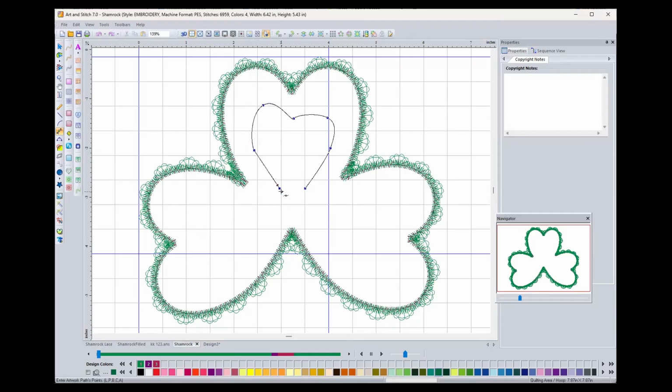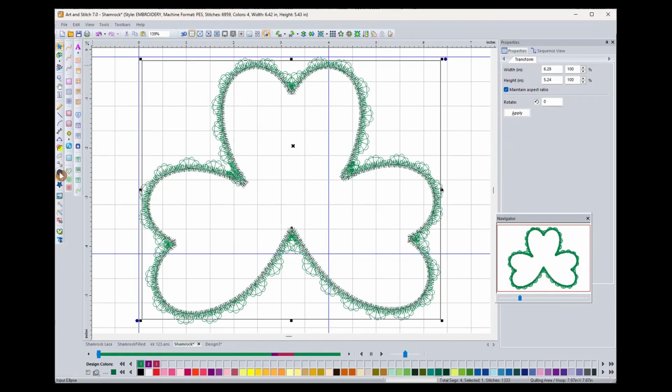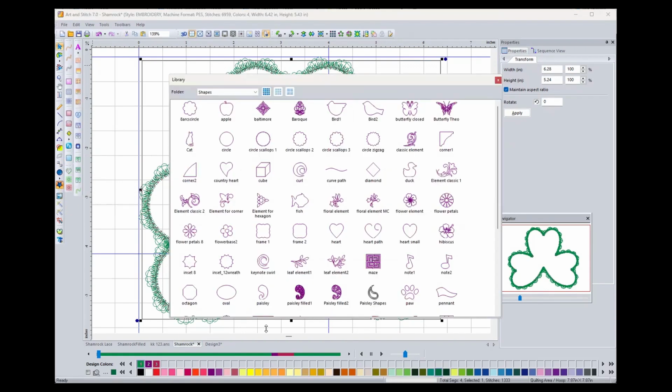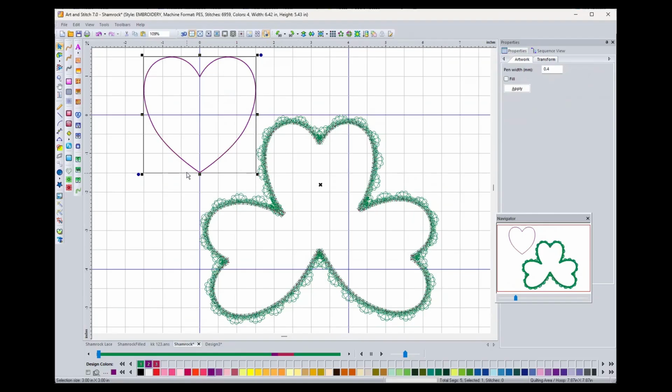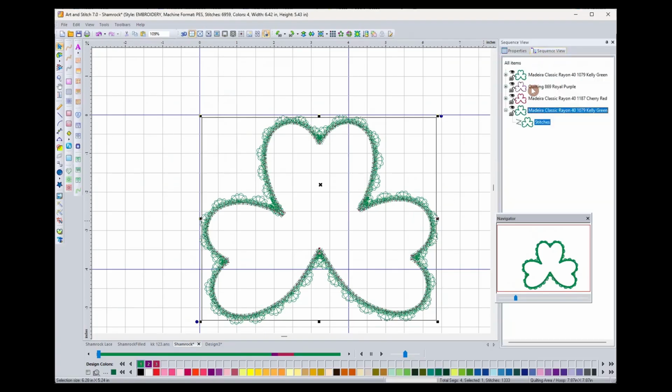I thought, well, there's got to be an easier way to do that. But what we want to do is do an outer fill like I showed on the other one. So you could do something here with the drawing tools. But what I did was to go back to my shapes, get that heart, and actually, no, I didn't. Let's try to remember what I did. What I actually did was went back to the sequence view, and